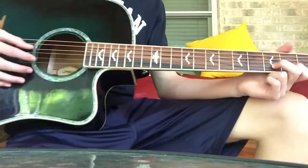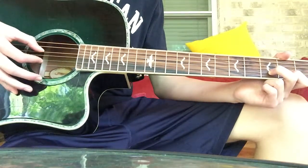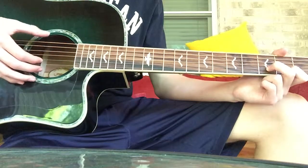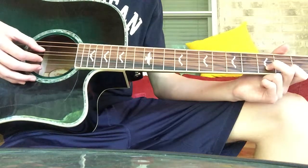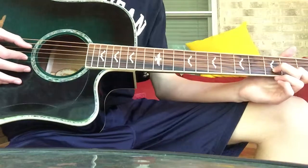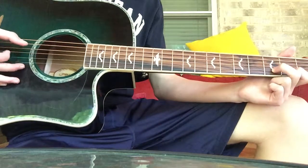Now, the plucking pattern for this one, these two strings, very important. You want the B string and the D string, D and B. Now, you're doing this for the first part, and the first part continues throughout the entire song. So it's...